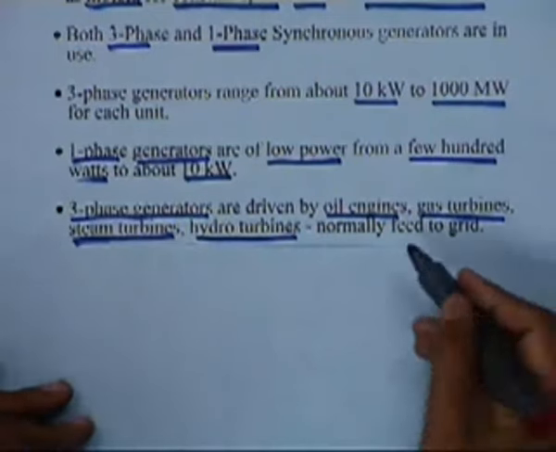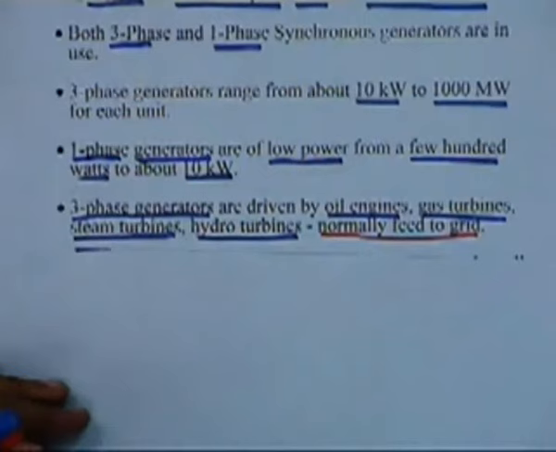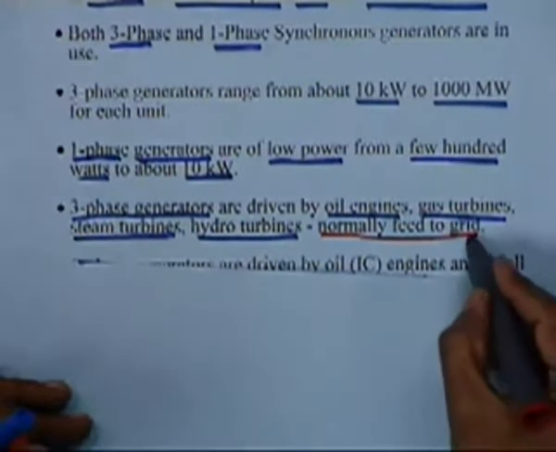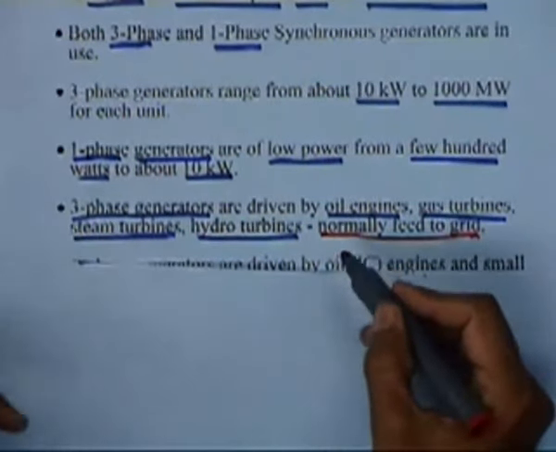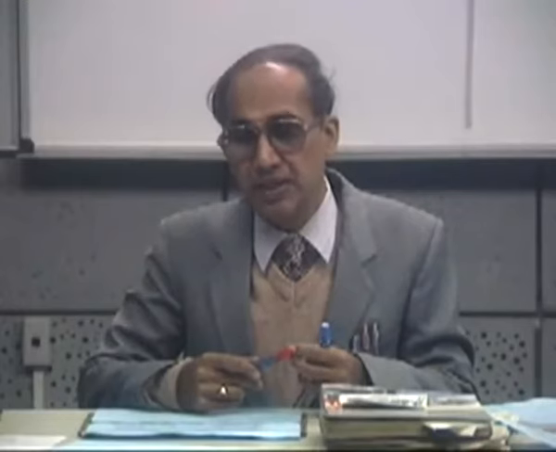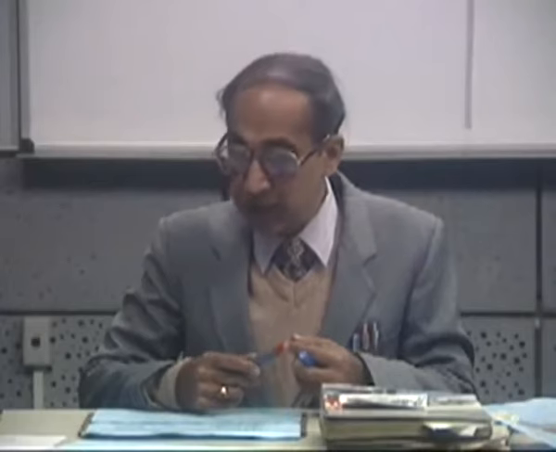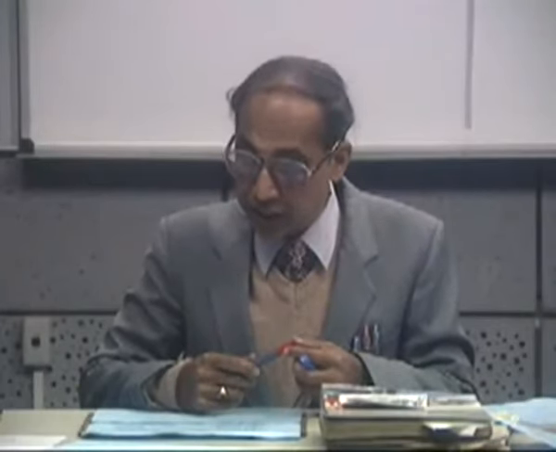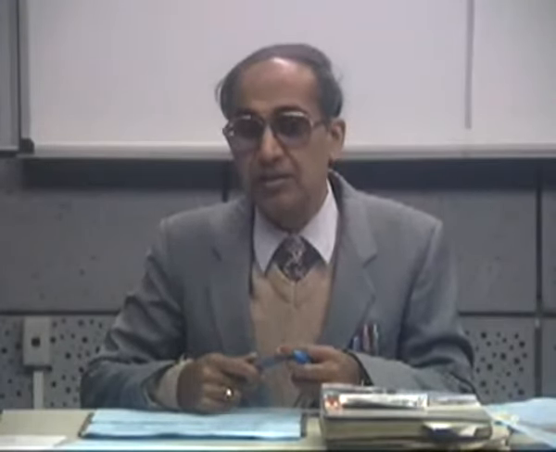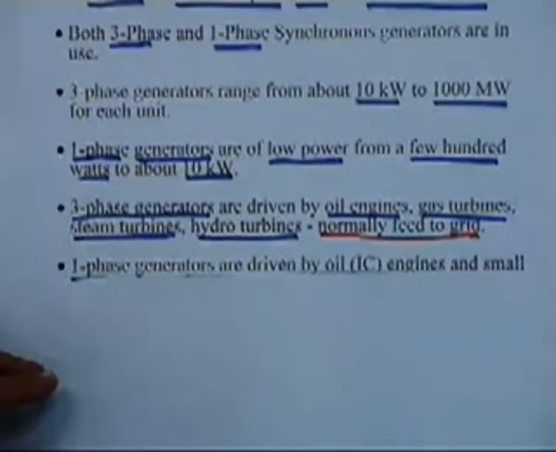Another important thing is all these three-phase generators are fed to the grid. They feed power to an interconnected electricity grid. So that means in the power system, a large number of generators located in several places at different distances may feed to a common grid. Further, in each power station itself, there will be several generators all feeding to the same grid. Okay. So this is an important factor.